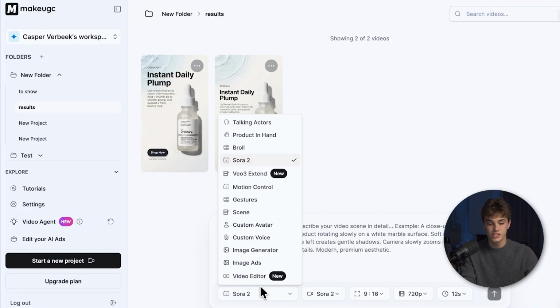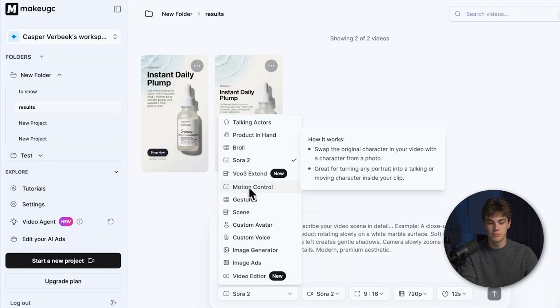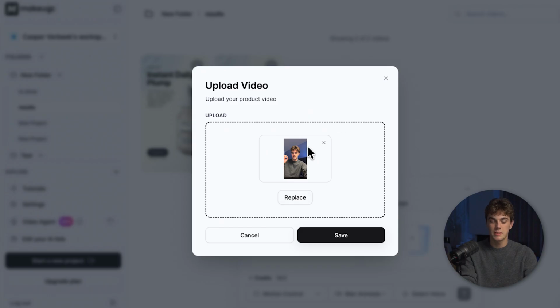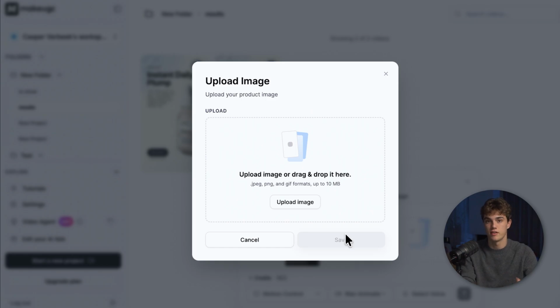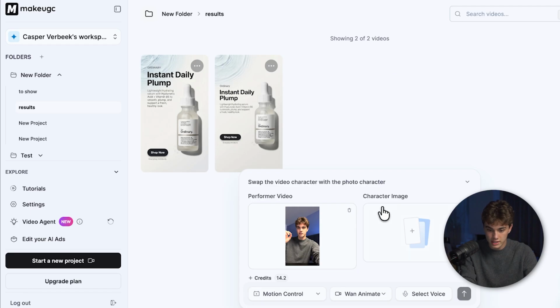Now, another feature that we can go ahead and use is the motion control feature. And this is actually quite a unique one. So this may be a UGC ad that you might have seen that has performed really well in this case, and you just want to go ahead and copy it. It doesn't include any products. Yes, you can actually do it where you have a product in their hand, but all you need to do,